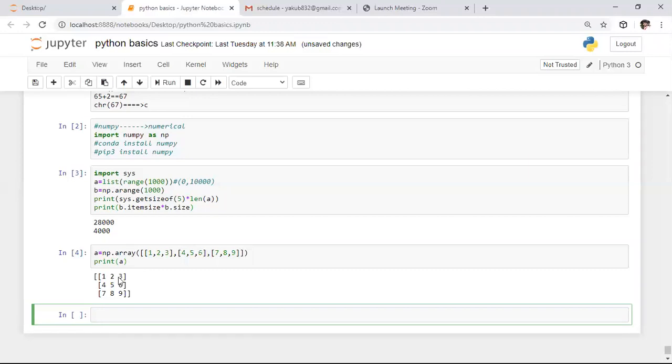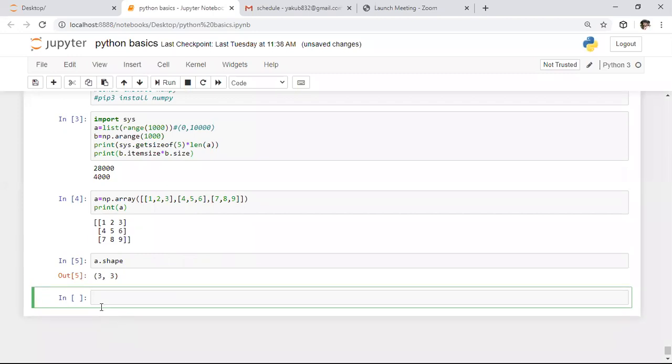In this we have a lot of attributes to know the different parameters of the array. Out of all these, the first attribute is shape. Shape is used to know the number of rows and columns present in an array. I'm applying the shape attribute; it is an attribute, not a function.